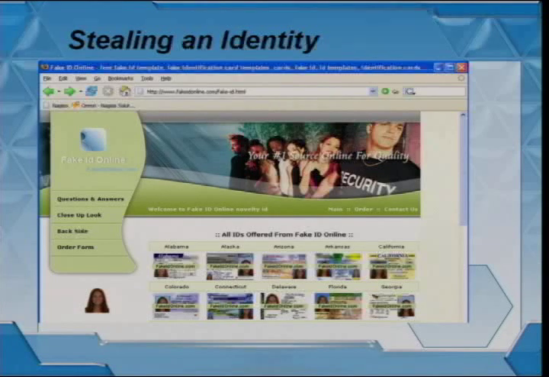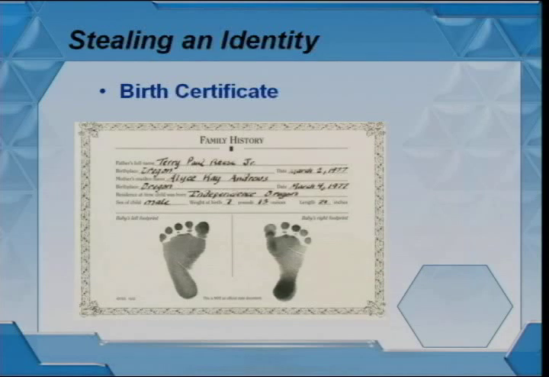A lot of times you probably get stiffed one or two times before you get a license that really is very, very good. I mean, it's to be expected. Most people that get one of these licenses may not be an identity thief. It could be some teenager who just wants to get into a bar or something, if it looks real enough.